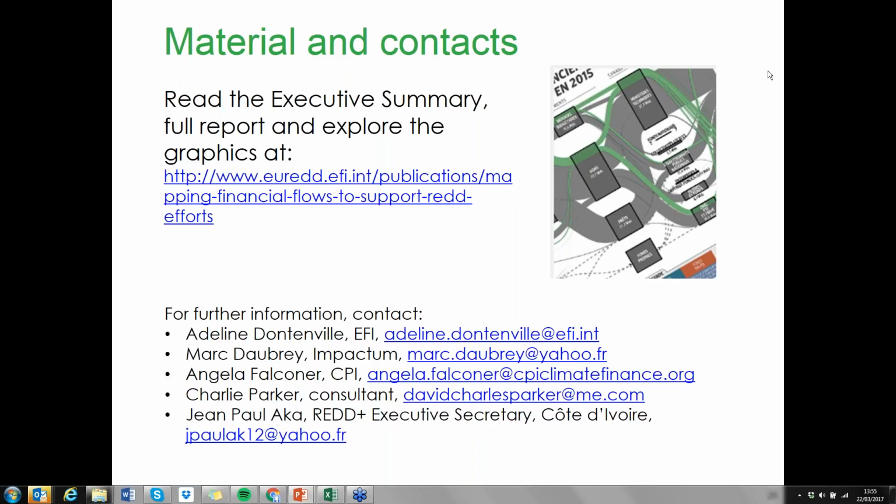Okay, great, thanks. Now, we've been focusing on Cote d'Ivoire and how the financial flows work on the ground there. But moving up to the donor landscape, what does this research and analysis mean for donors and others looking at REDD+ and other AFOLU financing for Cote d'Ivoire? What should they take away from this work? I guess that could be a question for the whole panel.